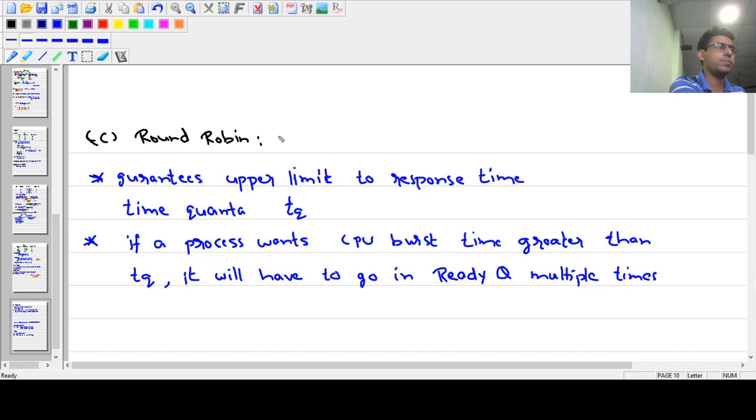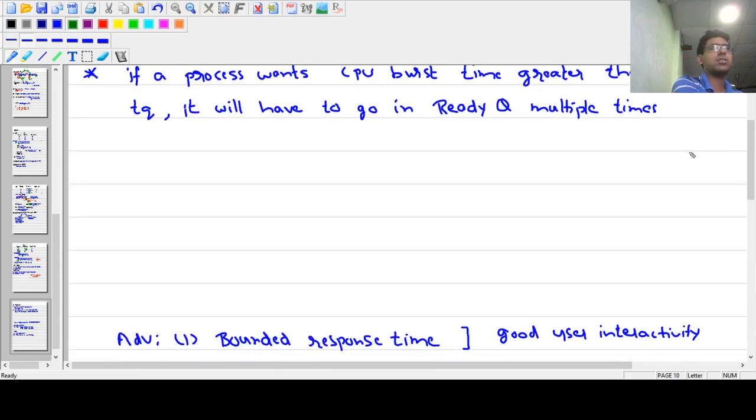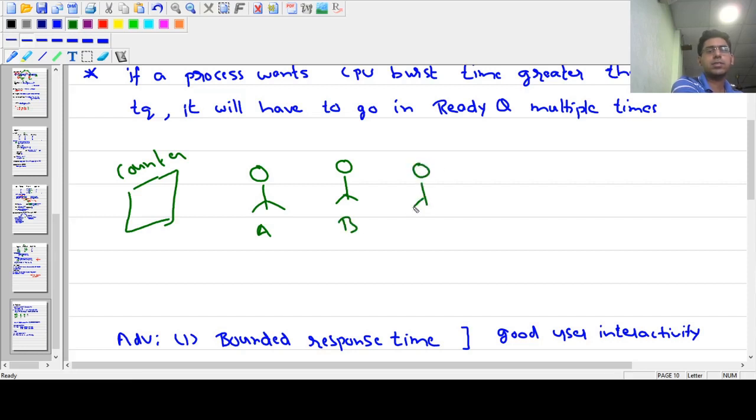Even most of the operating systems in the present scenario are using variants of the round robin algorithm. So how does it work? Suppose we are in a railway station. Here is the counter, and suppose these are the persons: person A, person B, person C, waiting in a line to get their railway